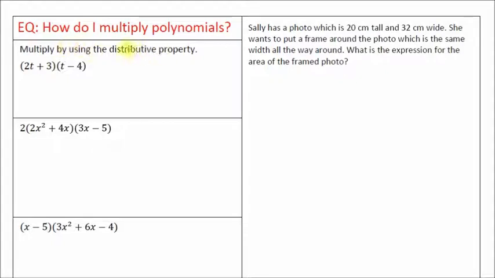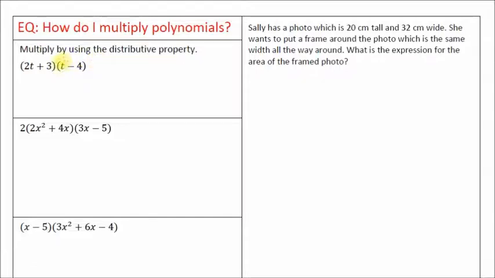Multiply by using the distributive property. We've already been using the distributive property in previous sections. Now you're going to see it operating again. A little more complicated, but not too bad. In fact, many of you have already gone through the process of multiplying two binomials together. When it says distributive property, that means that you have to distribute each term in the first binomial to the entire second binomial. So when you see 2t plus 3 times t minus 4, what you're going to do